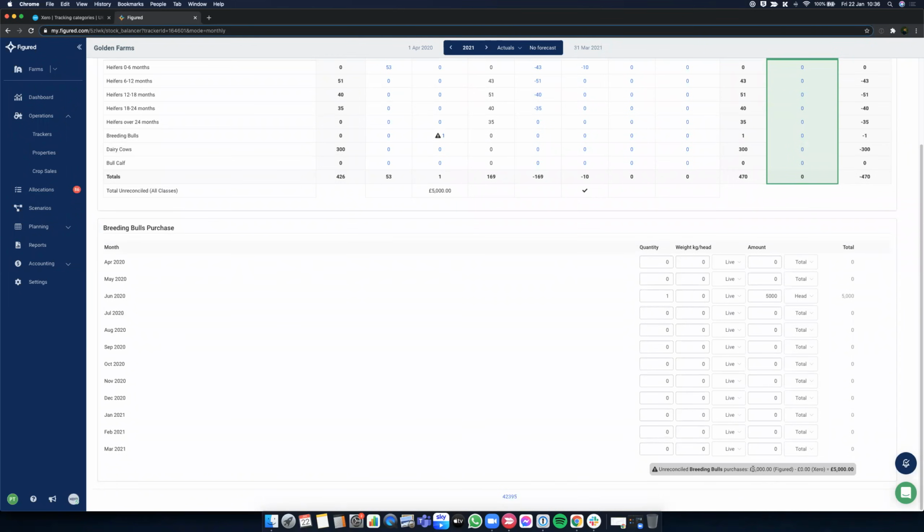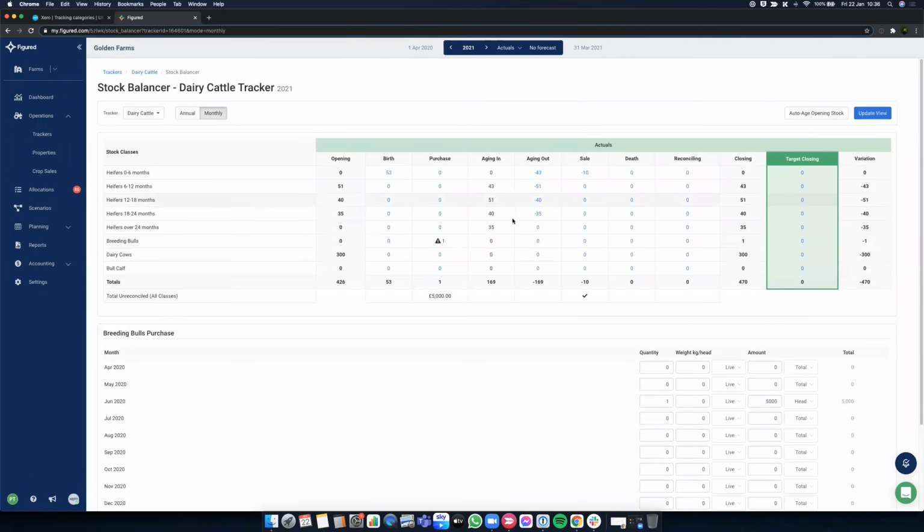So this is the transaction we saw earlier where we've got 5,000 in Figured and nothing in Xero. So we'd need to post a transaction through to Xero to match that. But likewise, Figured will let you know if you've got any unreconciled accounts there, and we can hop in there and enter those transactions in. So a really handy tool for reconciling your stock and getting it to where it needs to be for driving